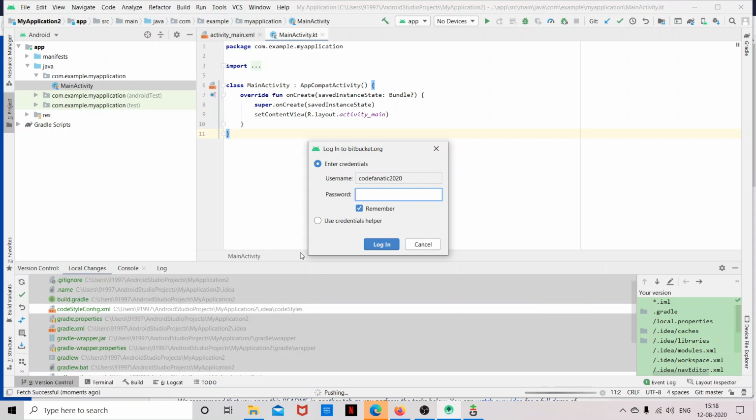In the HTTPS method, you have to authenticate yourself before doing any operation on the remote. In SSH, your SSH key handles all the authentication, but for the HTTPS method, you have to enter your credentials for doing an operation. You can save your credentials once you have entered them, so it won't ask again. So I'm going to type in my credentials.